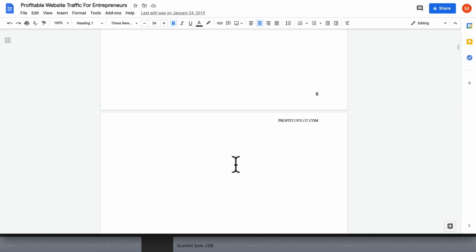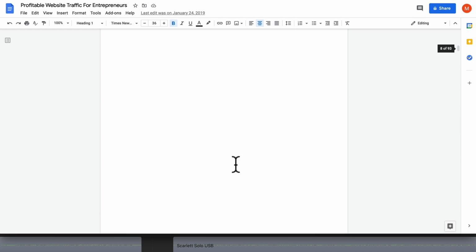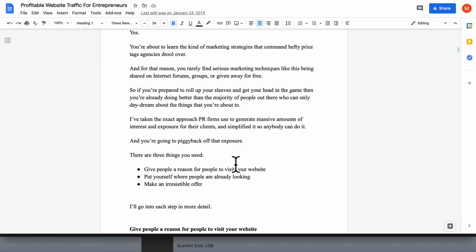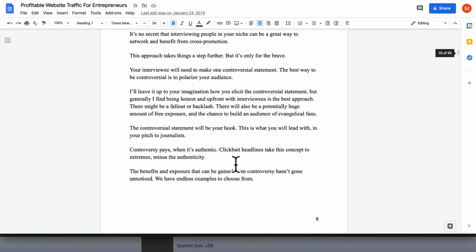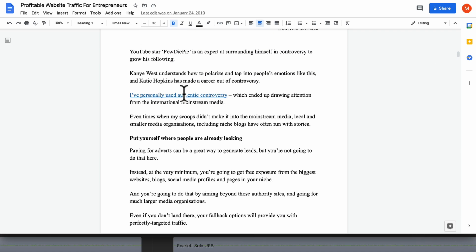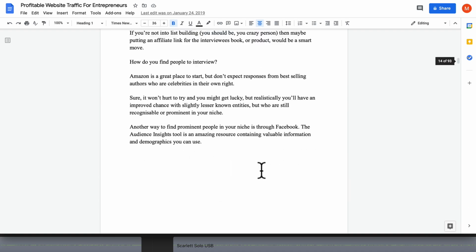is really to make it more readable, because if we have lots of text, big chunks of text, it becomes unreadable. And you'll see that I'm using bullet points to get my point across. People will digest that information easier. And if we go down, you can see I'm linking out to other resources, possibly products inside the body of the ebook. If we go down, let's keep going.